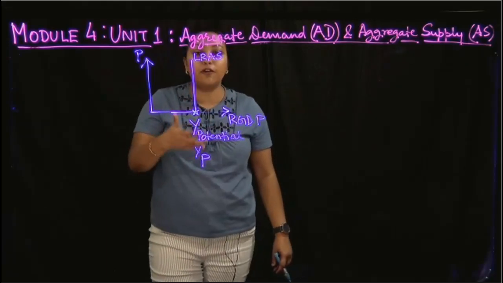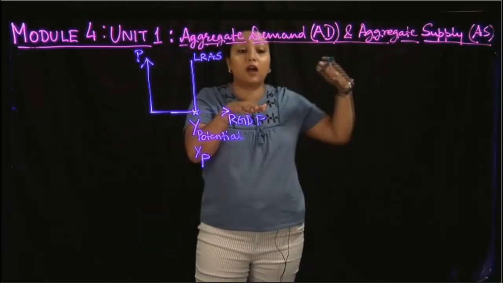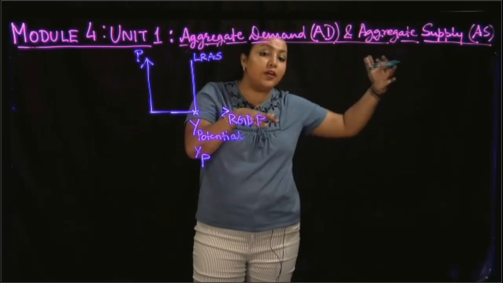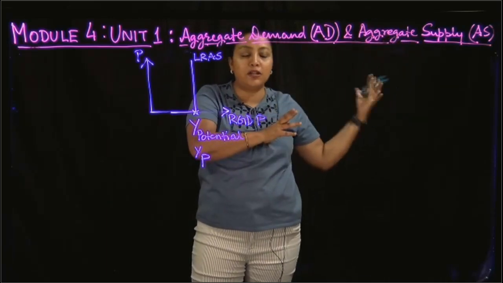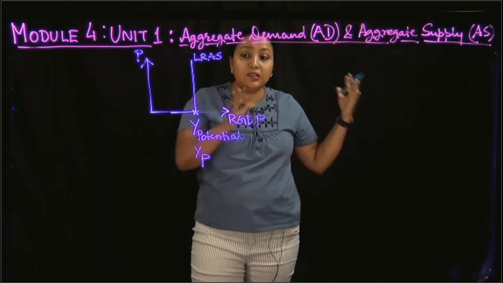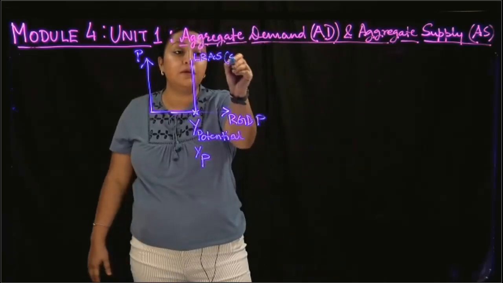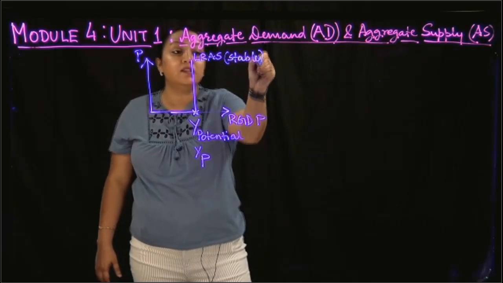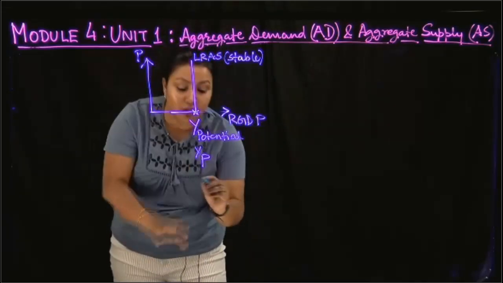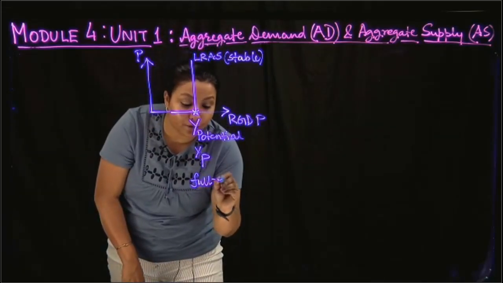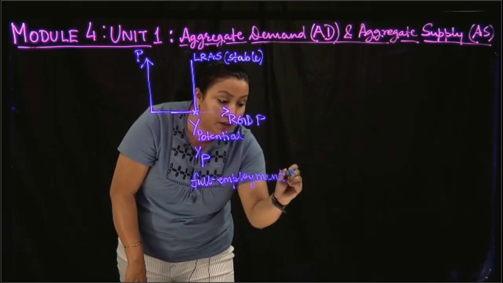Now, another objective of the long run aggregate supply or YP is that it basically gives you the target for the economy. So this is where your economy eventually wants to go. It's like a goal, a target for the economy. This is where the economy eventually wants to get to, or this is the stable state for the economy. It's a stable state because this real GDP is also the full employment real GDP.